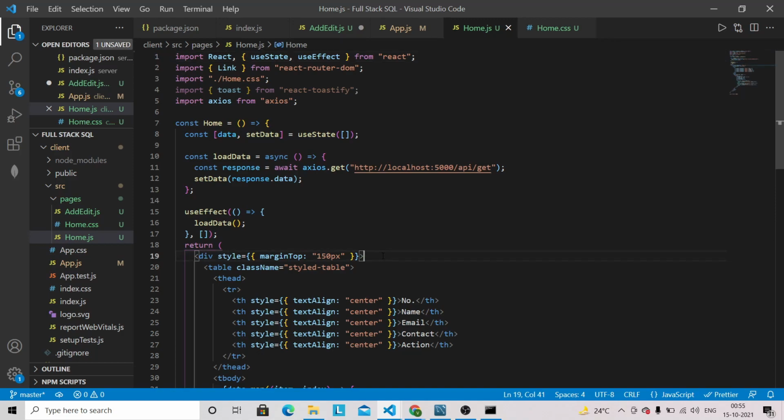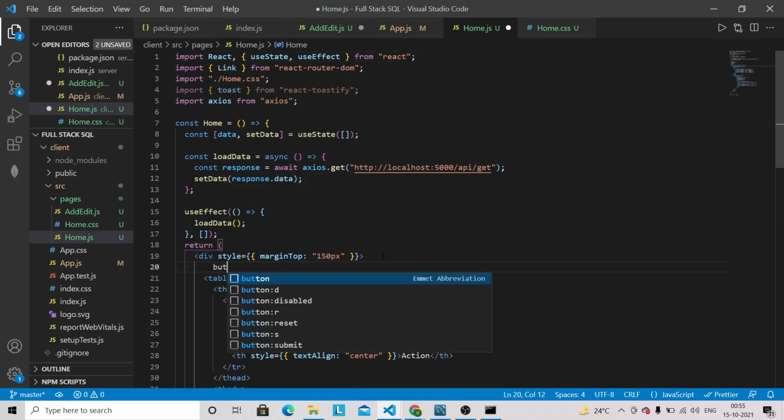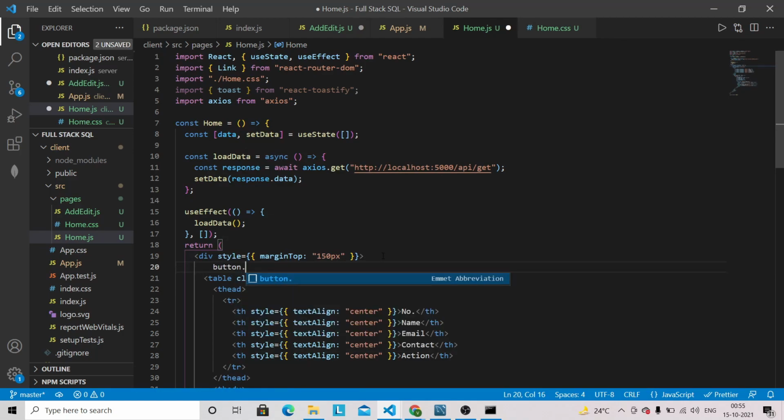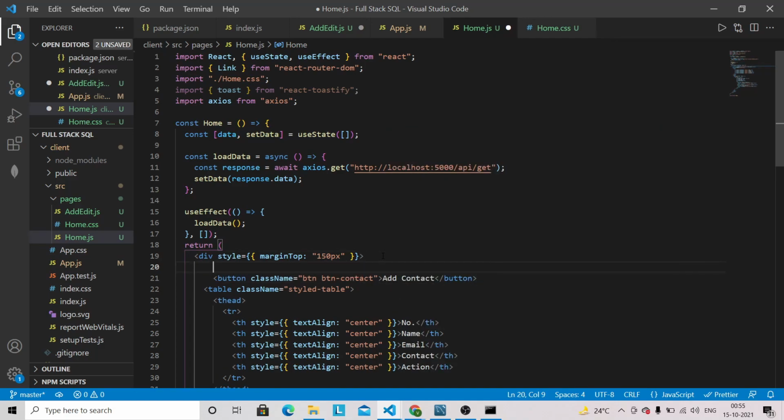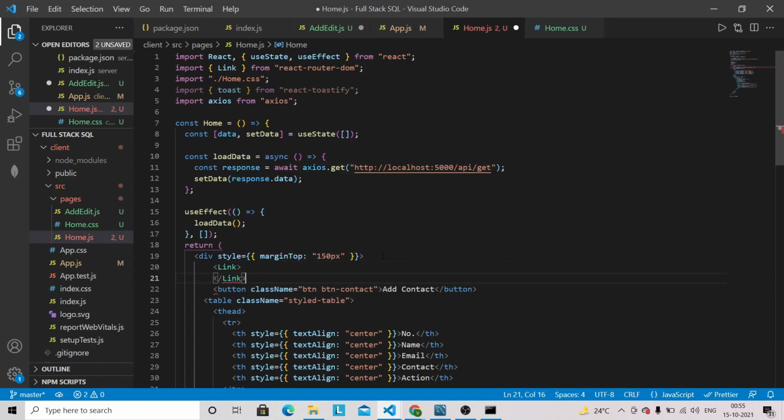So after this we are going to have one button with the class name btn contact, and the button value will be add contact, and let's wrap this button into the link because we have to navigate towards the add contact.